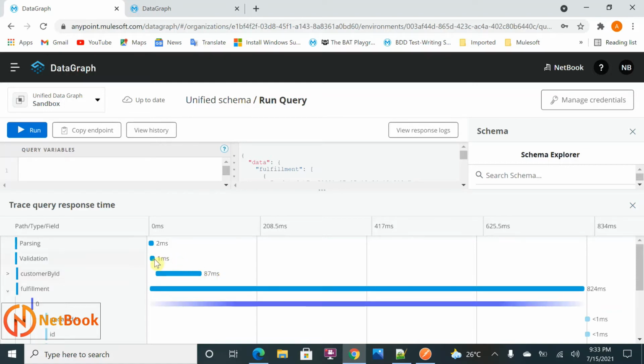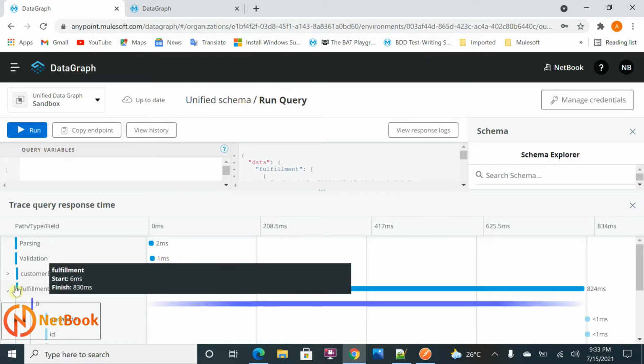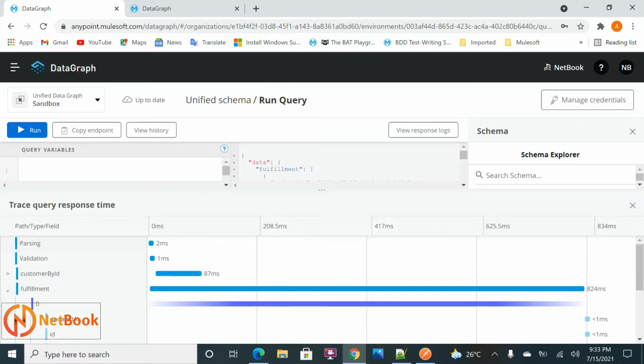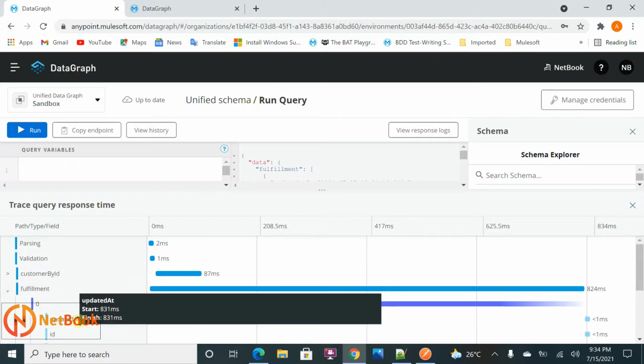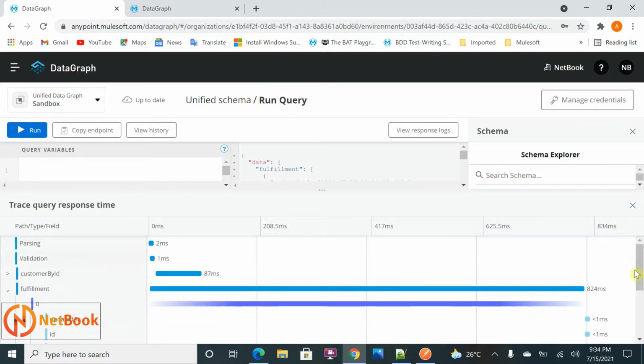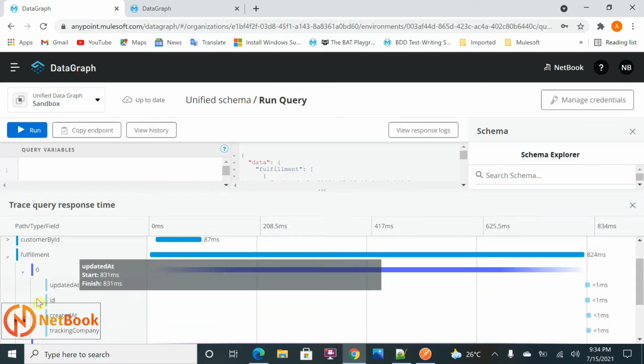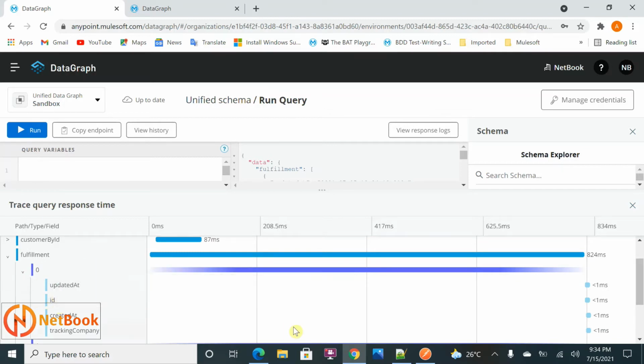The validation took around 1 millisecond and parsing took 2 milliseconds. The fulfillment API took 824 milliseconds. This is how we can see the data also. You can even see for each field, if I want to get ID, it took less than 1 millisecond.